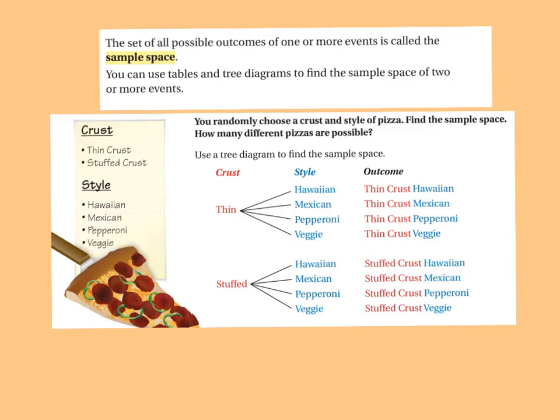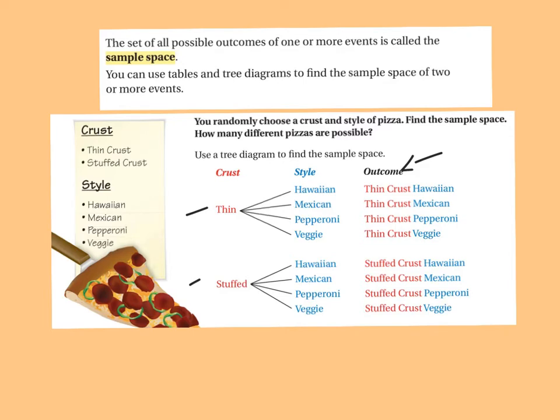And so maybe you've never thought about your decision about what you're putting on pizza as being probability, but it is because you have all these options. This is a pretty limited number of options, but to figure out the sample space, or all the possible outcomes or options, you can make what's called a tree-style diagram. So we have 2 options for crust, thin or stuffed, and then the style at this place would be Hawaiian, Mexican, pepperoni, veggie. You can see on thin crust you have 4 options, on stuffed crust you have 4 options, and so there's a total of 8 different outcomes in this sample space, 8 different types of pizza